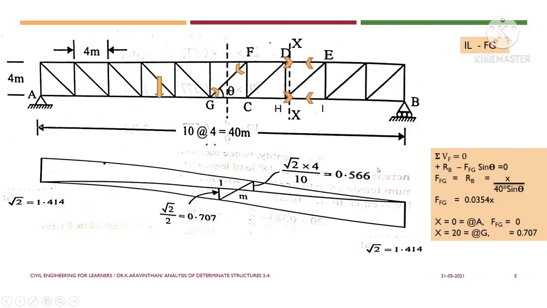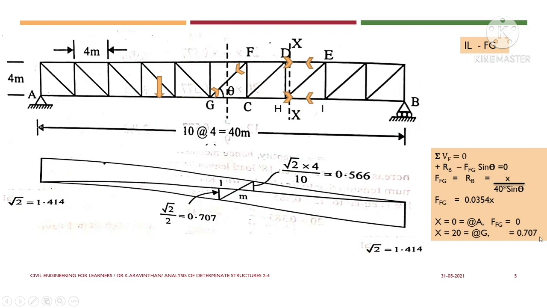Okay. So you have the ability to stretch your wings and you are an independent person. While learning, let us learn certain things in a formal way in order to achieve an informal, independent understanding. So after taking two sections, after placing the load at the left hand side, I will be considering the right hand half section. Here we are interested in finding the inclined force, that is FFG.